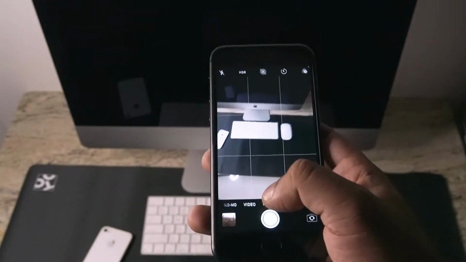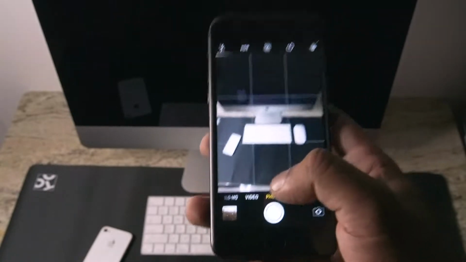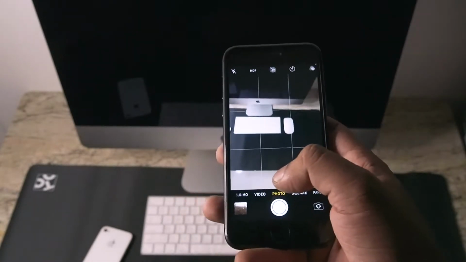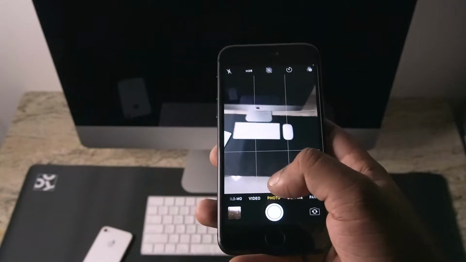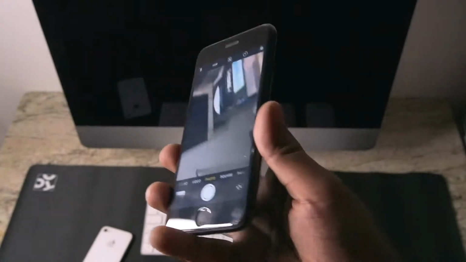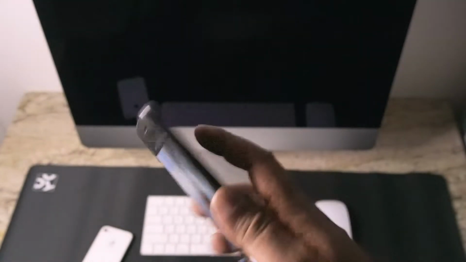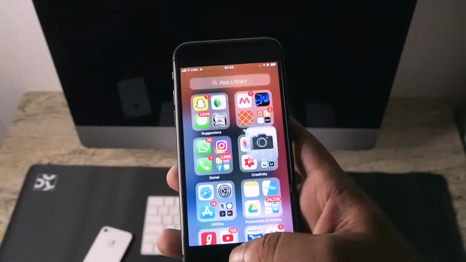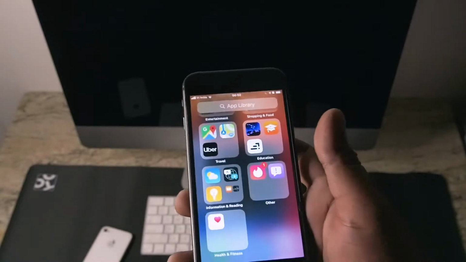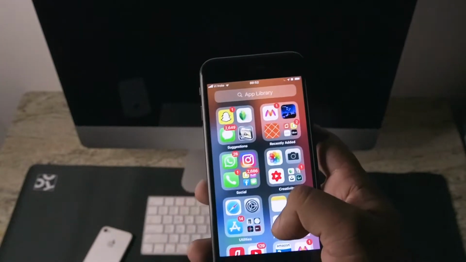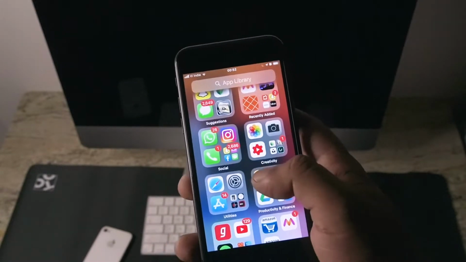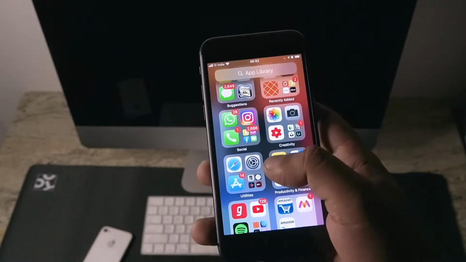Even the iPhone 12, the latest rolled out iPhone, doesn't have a LiDAR scanner, so this function will not work on the iPhone 12 either. Only phones that have a LiDAR scanner will work. This iPhone 7 is too old, so I cannot see the feature here.